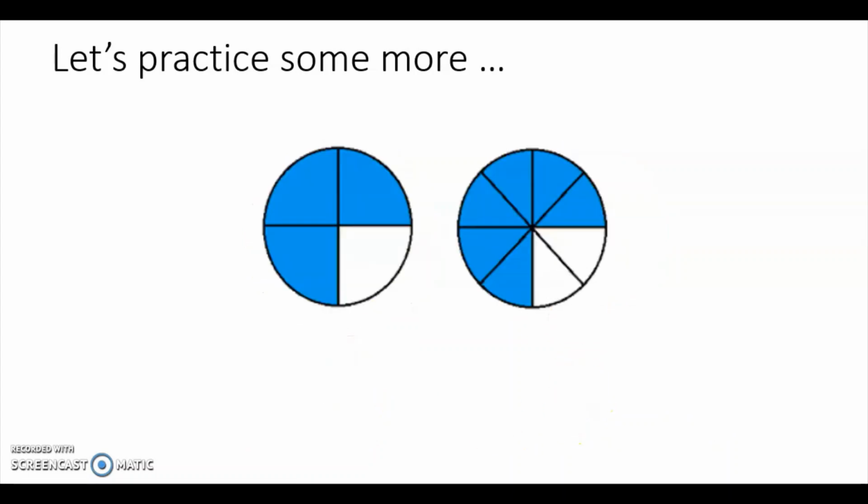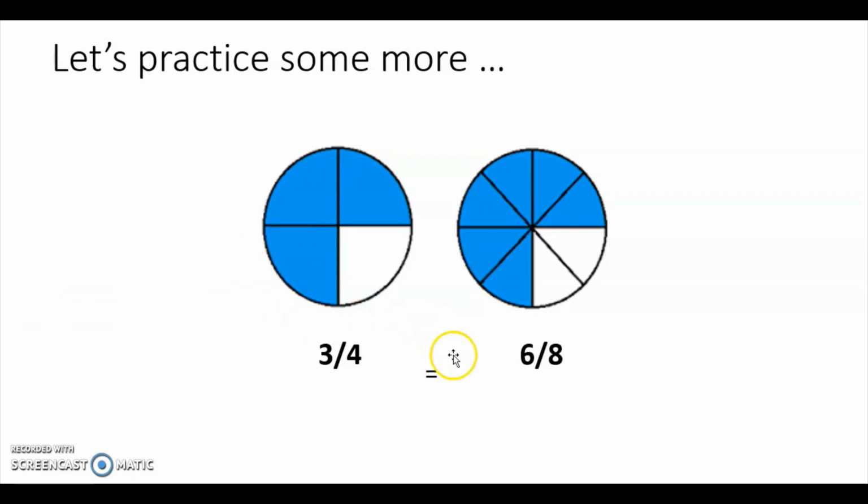Okay, practice some more. How many are here? How many did I shade? And how many is there total? So what is my fraction? And how many do I have here? And how many did I shade? How many are there total? So what we say for this is